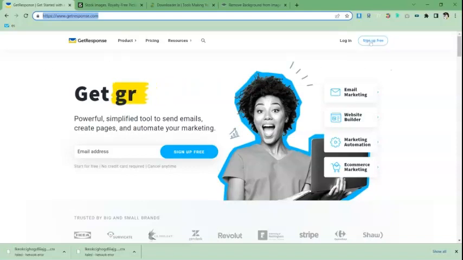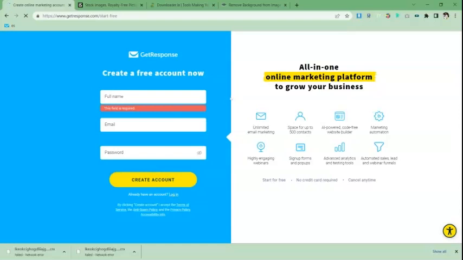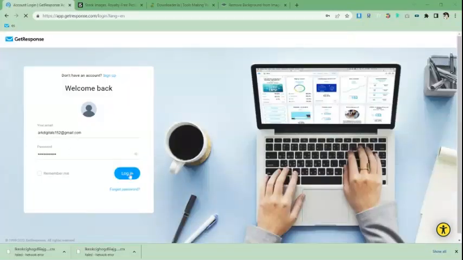So the first thing I have to do is sign up your account. I already signed up with one of my accounts, so I don't need to sign up. You just have to do it, and an email will be sent to your email address to confirm your account through that. I'll just log in through that. Alright, so I have my